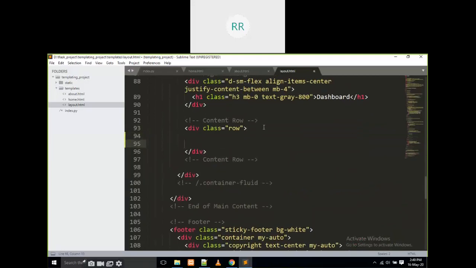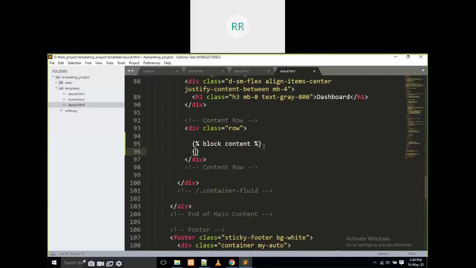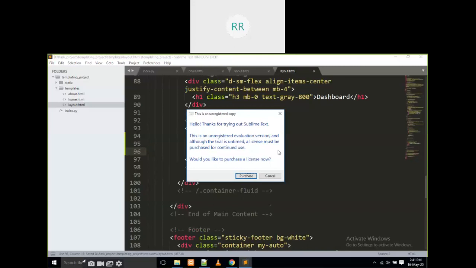Here we are going to write the block content. What is that block content? How to write it? Inside it, I am going to write block content, and place endblock. Like this, I have to write here.